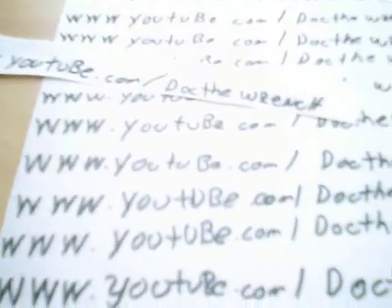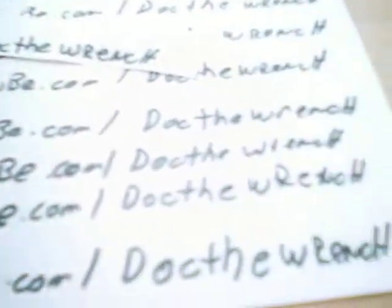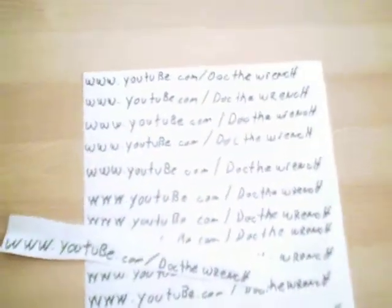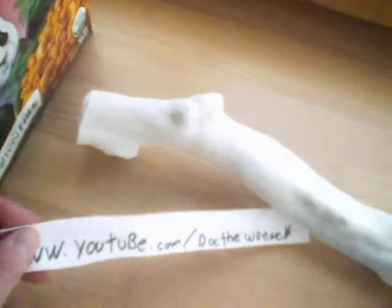Okay, I have another exclusive here, and this is definitely one of a kind. I have something in my hand that has never been seen before. So, without further ado, I have a rare, if not the only one to date found, a leg bone from